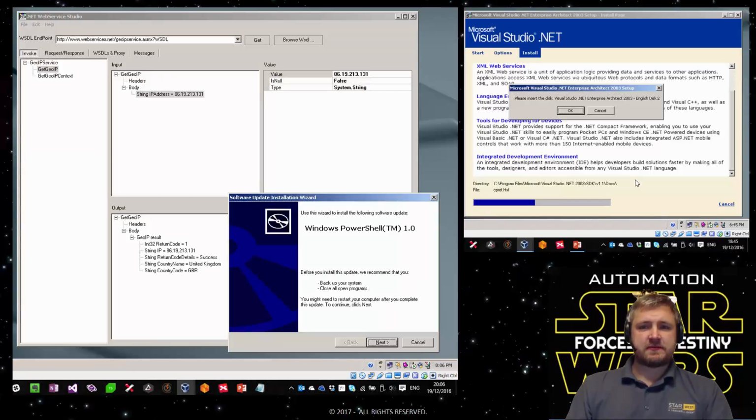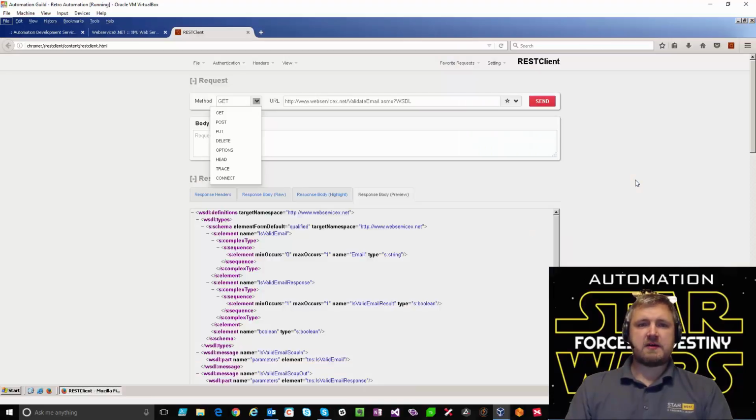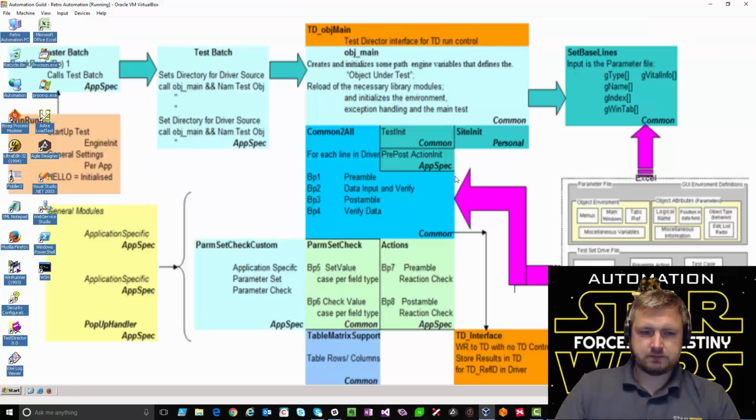At that point in time, we utilized a tool called Web Service Studio to be able to do our request responses. However, typically now there is a number of different tools, including SOAP UI and built-in clients into your browser, such as REST client, that you can go off and send these request response pairs without having any thick client. Okay, let's give that a go.